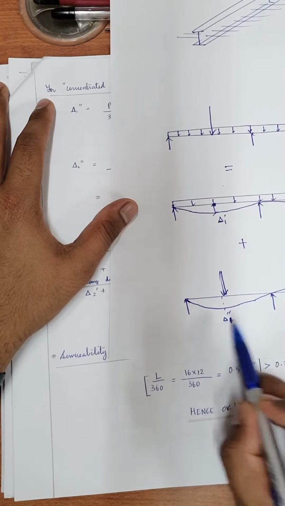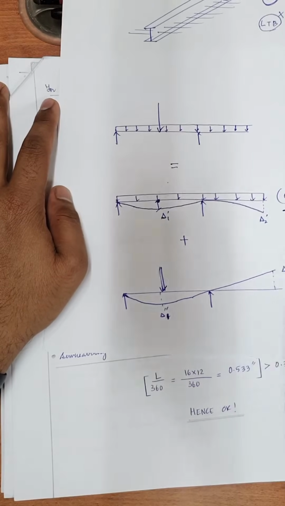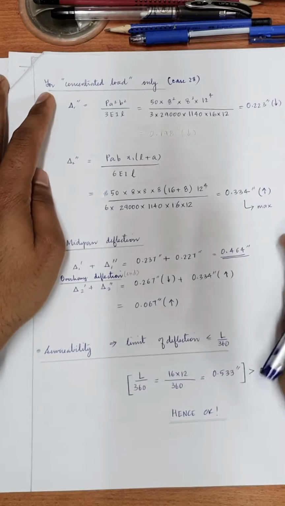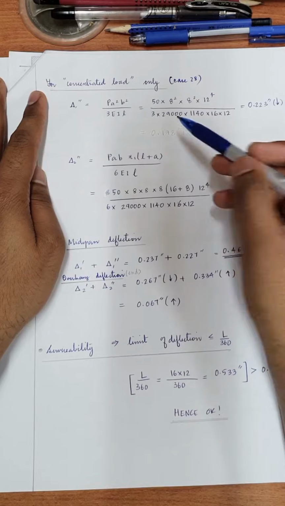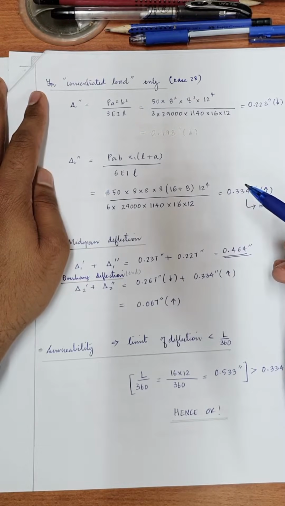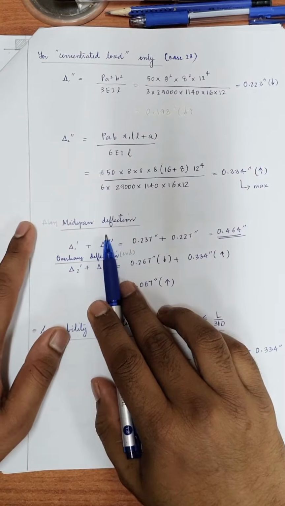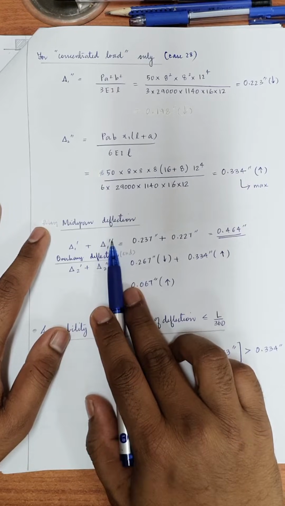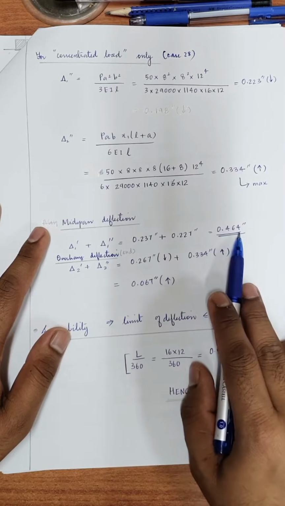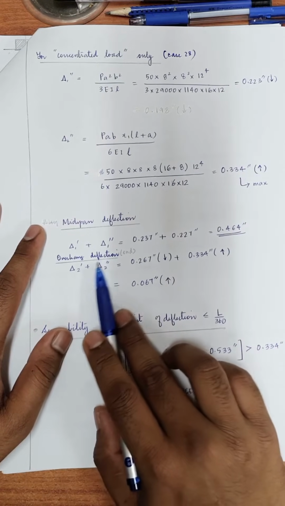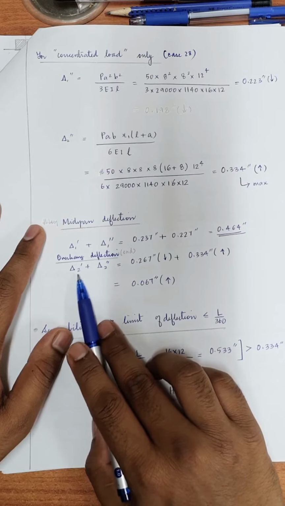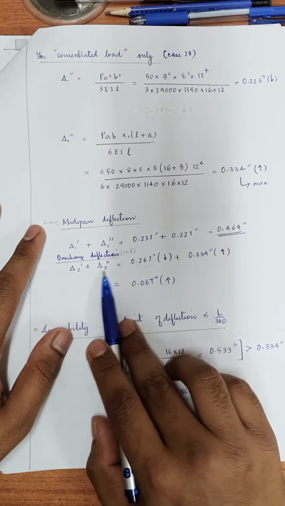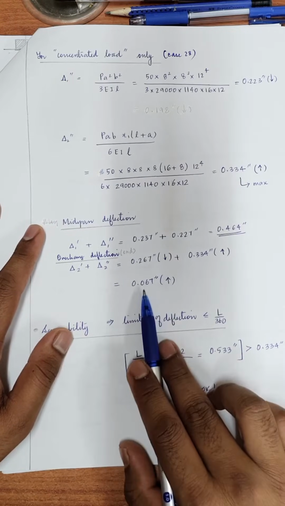One is this deflection, the other one is this deflection. So this can be found from the manual, and the midspan deflection is delta 1 dash plus delta 1 double dash, which is equal to 0.464 inch, and for the overhang it is delta 2 dash plus delta 2 double dash, which is equal to